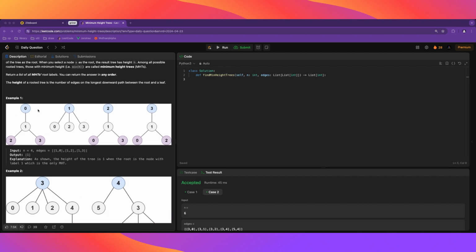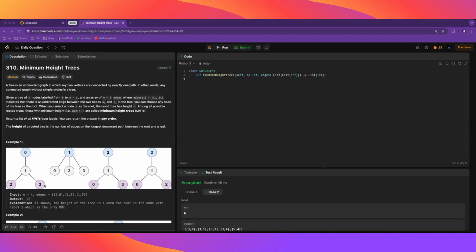All right. So here we have example 1. Hey, xproof, how's it going? Here we have example 1. There are 4 nodes and 3 edges, and here we're shown all of the 4 nodes could be the root. So here 0 is the root, and these are the leaves, and here the height is 2, and here if the root is 1, then the height is 1. And in these 2 cases,